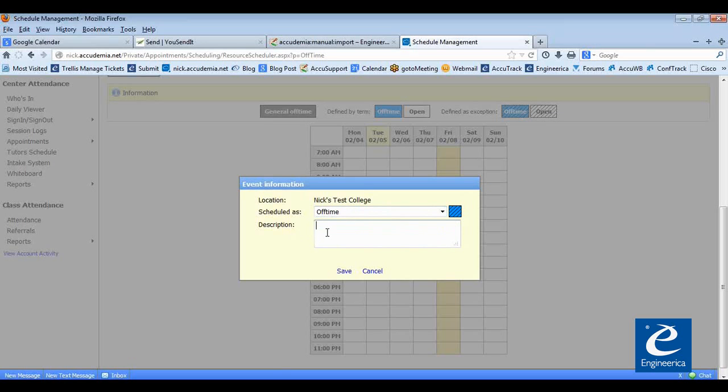Then you can give it a description. Which I know we don't want to see too many teacher workday, student holiday,